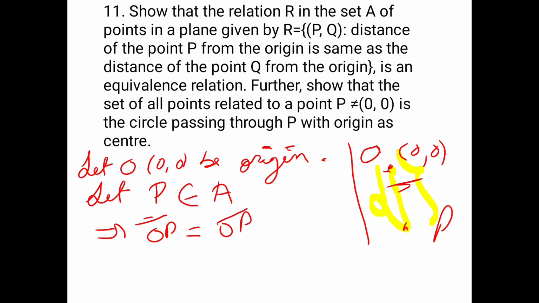That means every point has the same distance from the origin as itself, and P to P, Q to Q. That means R is